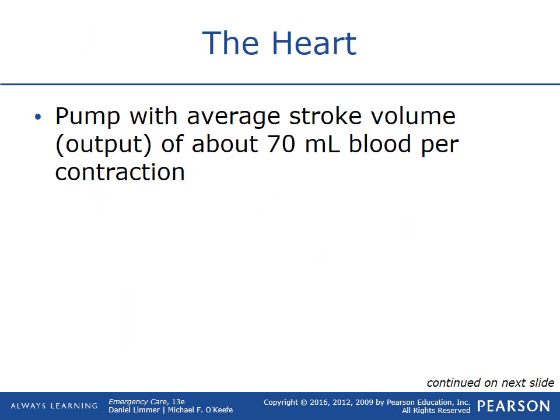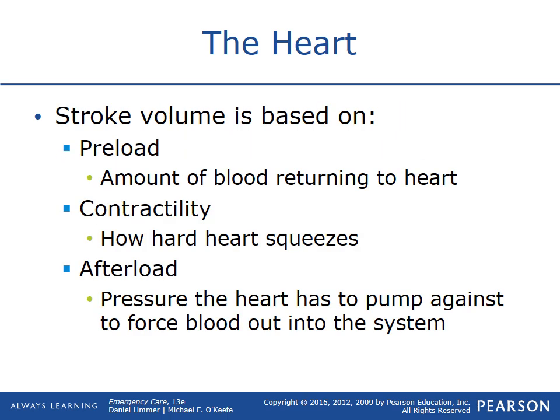The heart will pump with an average stroke volume, or how much blood it'll circulate or put out in one stroke. It's about 70 milliliters of blood per contraction. To have a good stroke volume, you have to have three things. One of them